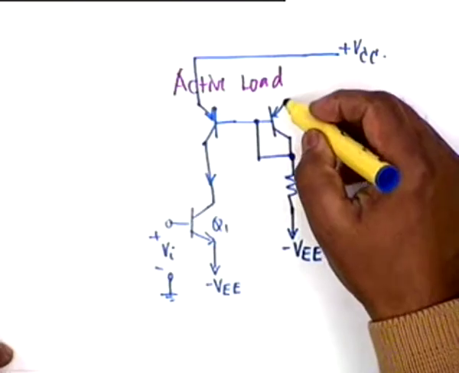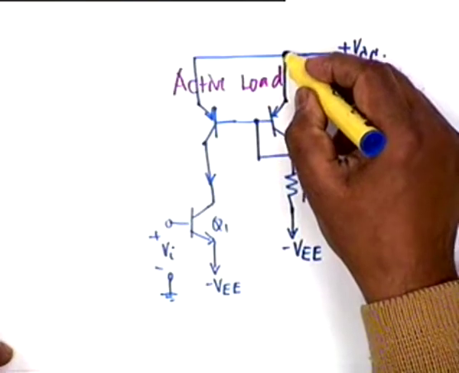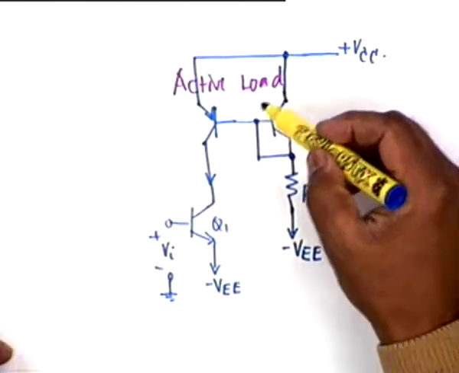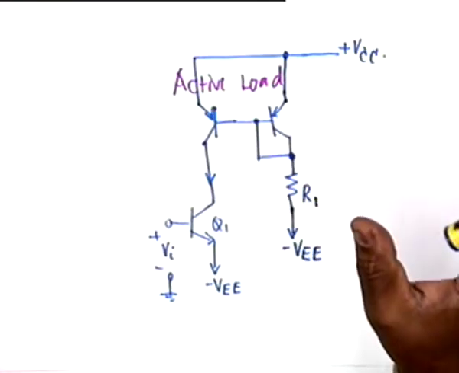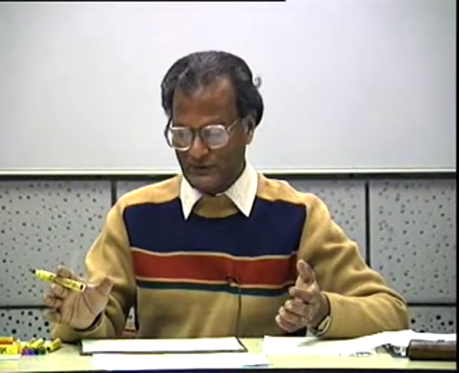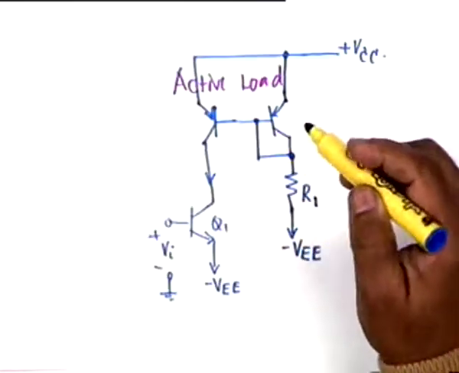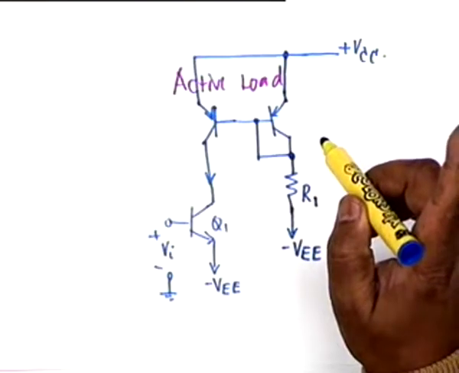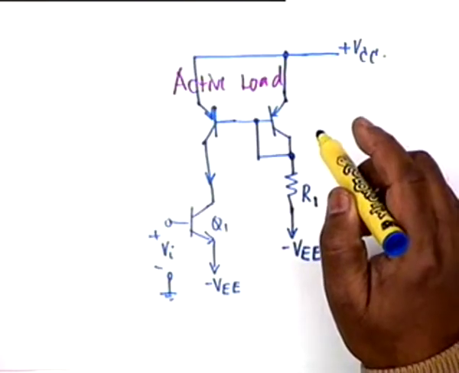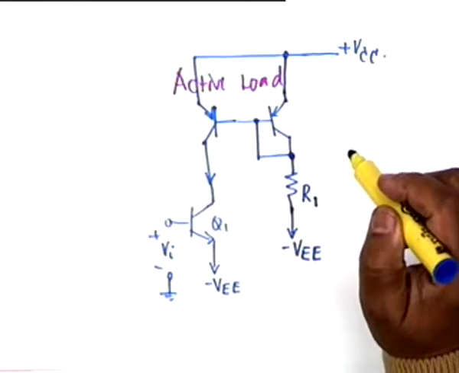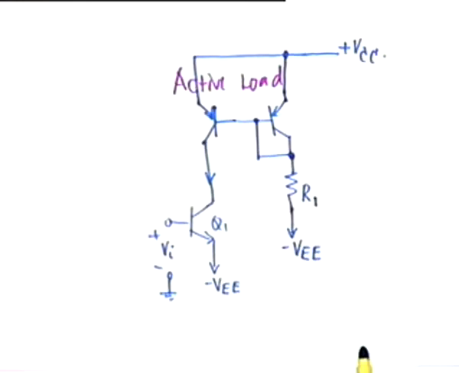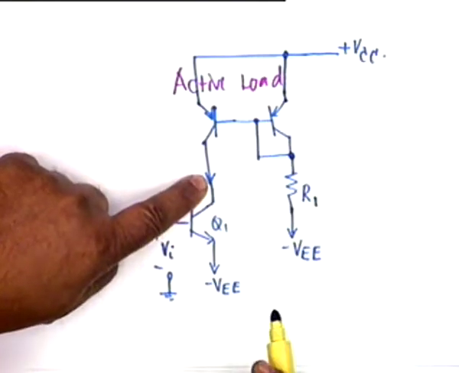What do you do with the emitter here? It must be connected to ground, because VBE must be identical. Is the circuit clear? We don't use it. We may, if we require much lower current. But if the problem is not of establishing a current here, our main purpose is to use a high valued resistor, equivalent resistor. Can you guess, by simply looking at this circuit, what the equivalent load of Q1 is?